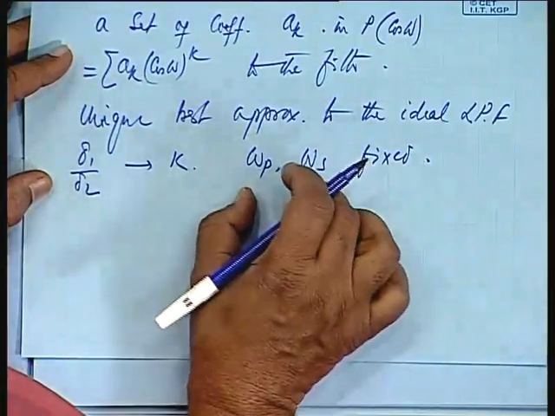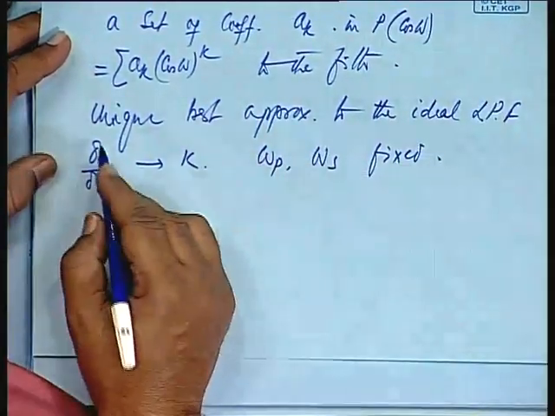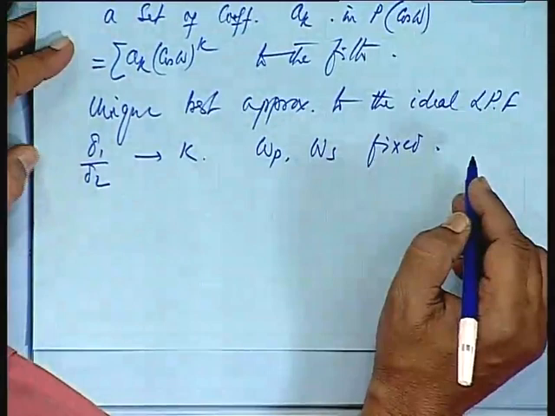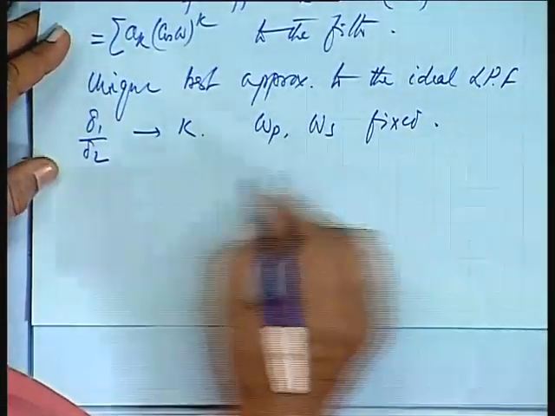You have omega p and omega s fixed, delta 1 by delta 2 ratio fixed at a value k, then